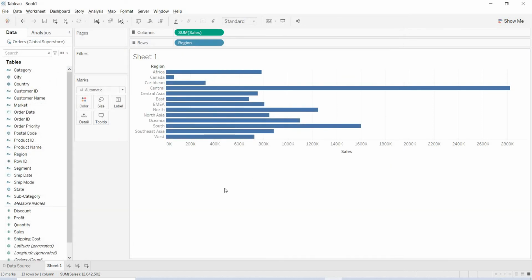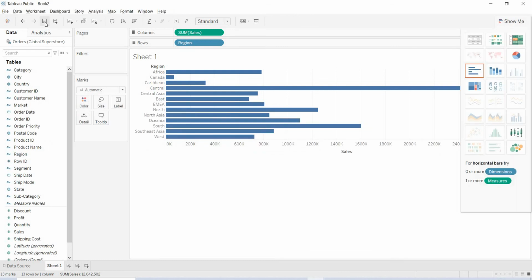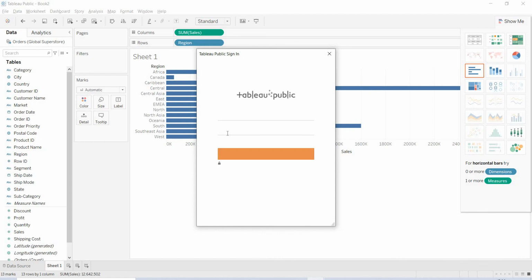Okay, but let us go back to Tableau Public. If we try to save this in Tableau Public, then it redirects you to the Tableau Public platform. Here enter your mail ID and password. Then it will be published to Tableau Public, where it is available for all the people on the Tableau Public platform. Anyone can access your views, anyone can access your data. So it is an open platform. That is the main difference between Tableau Public and Tableau Desktop.